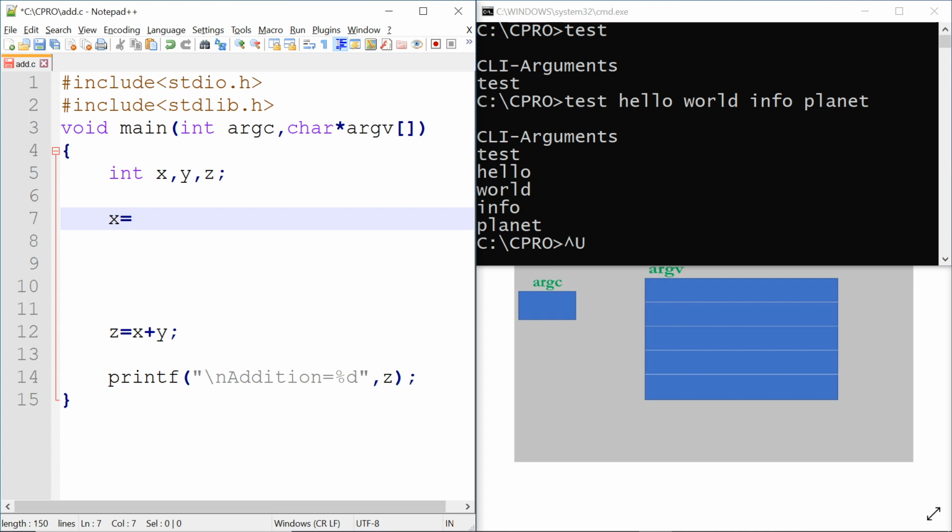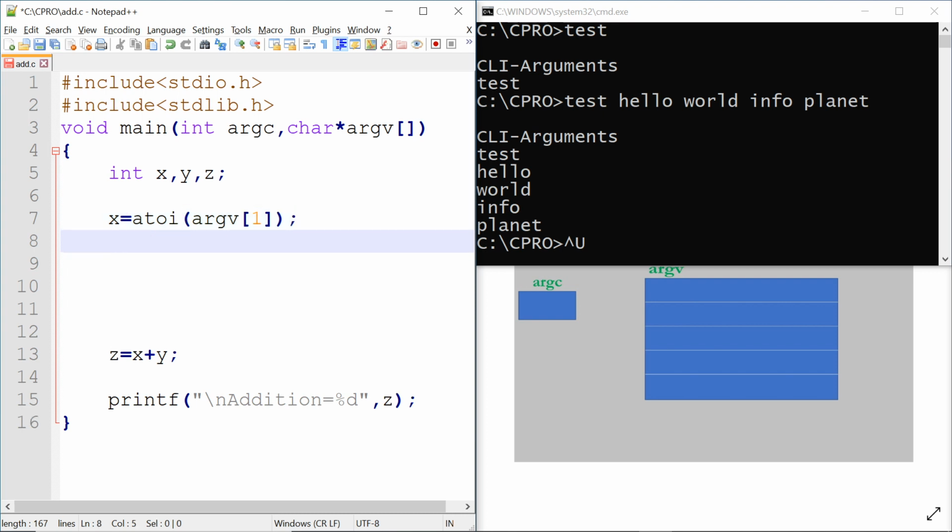So here I will convert argv of 1, that is the second string actually, into an integer. This atoi function converts the given string into an integer, and it will be collected in x. So the first number entered here will be converted to an integer and collected in x.